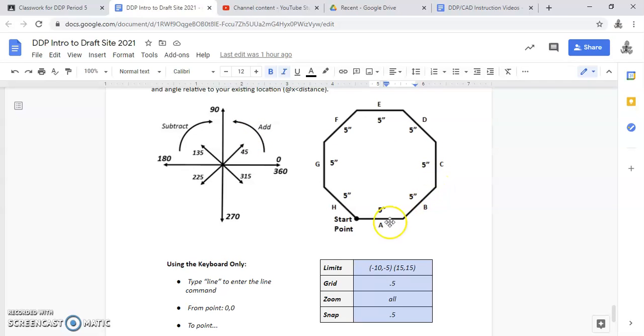If I'm going here, in this first case, I'm going off to the right. It's at 5 less than 0, or 360. So as I'm moving up in this direction, I'm adding degrees. At 5 less than 45. Moving up again, at 5 less than 90. So here I am at 90 degrees, straight up, plus another 45. So at 5 less than 135, at 5 less than 180, and so forth and so on, I'm adding